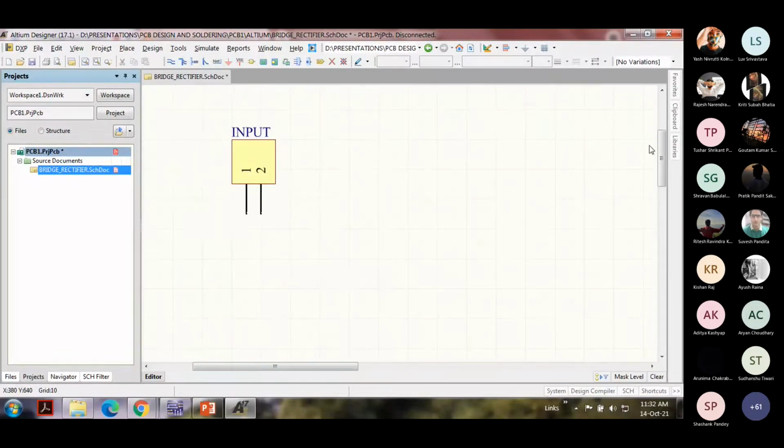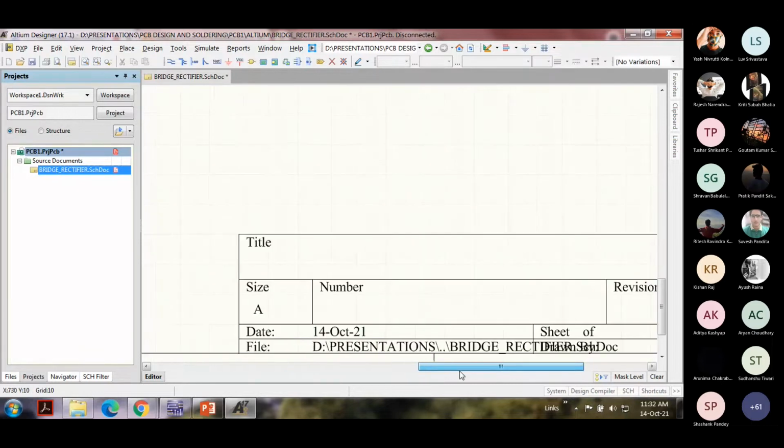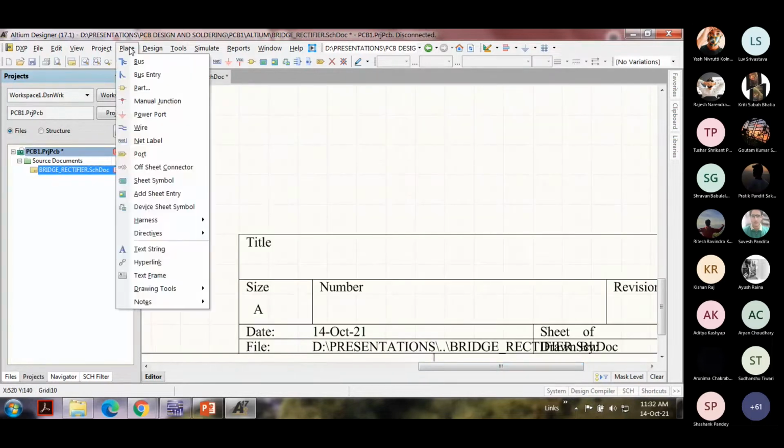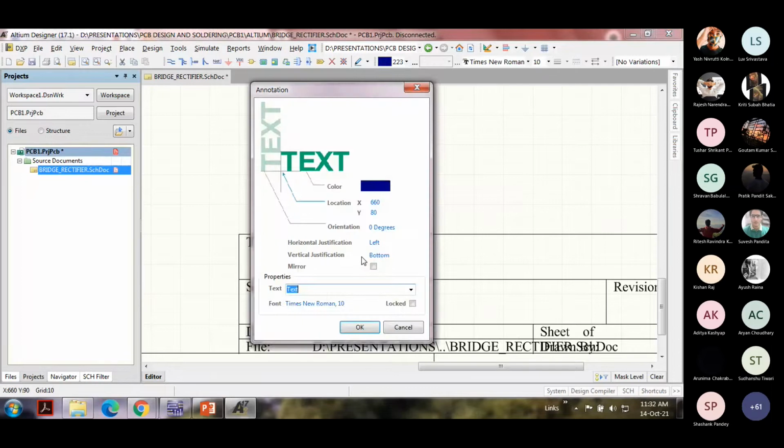Next, first of all, I'd like to again draw your attention to the title block. We have left it incomplete. So what I will do now is place a text string, and I'll place it over here. Right click to get out of the mode, double click that, and here I write bridge rectifier.